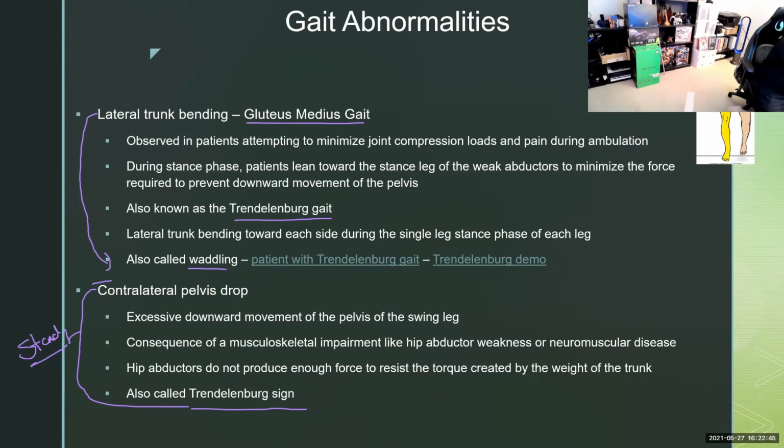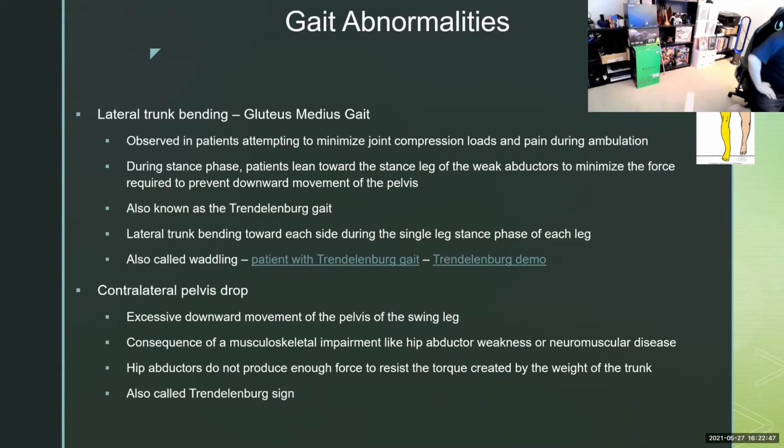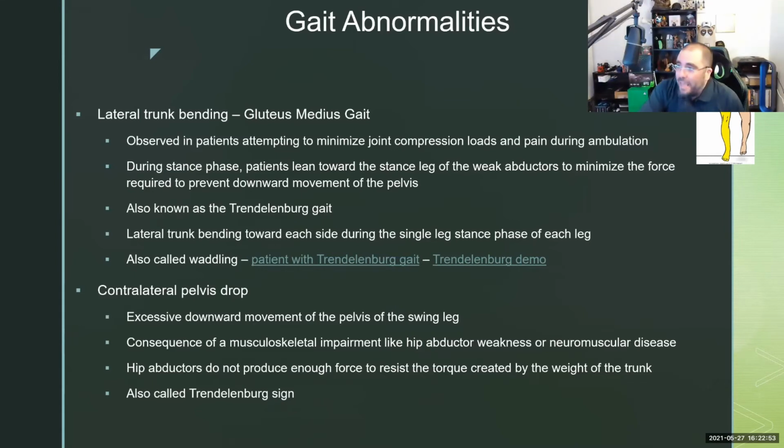The main thing you need to understand for your boards is your boards will say, oh, I'm not back to my normal camera, am I? Your boards will say your patient has a right pelvic drop in swing phase. What muscle is weak? If you have a right pelvic drop, meaning that right side is dropping down, it's the left glute med. Does that clear it up? That's how your board questions are going to be worded.